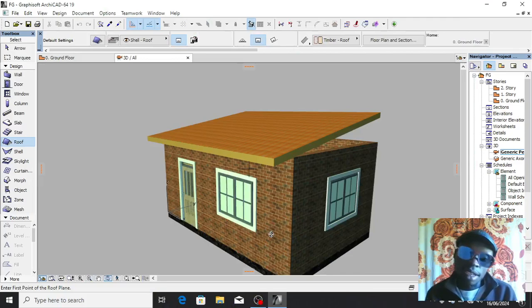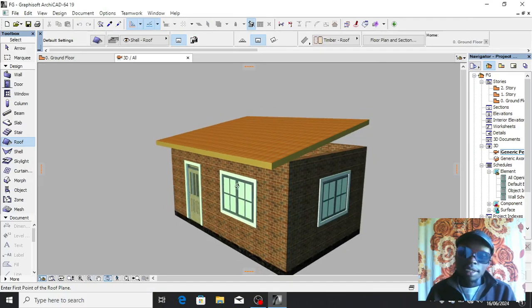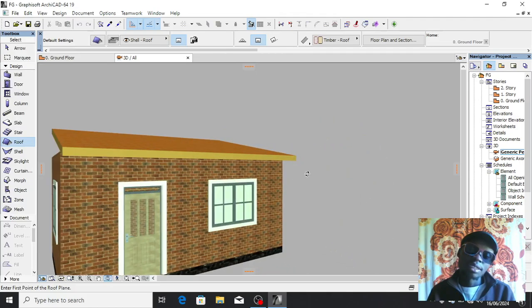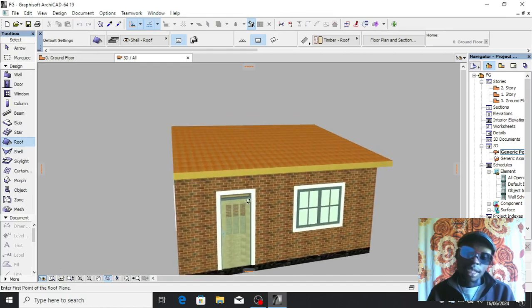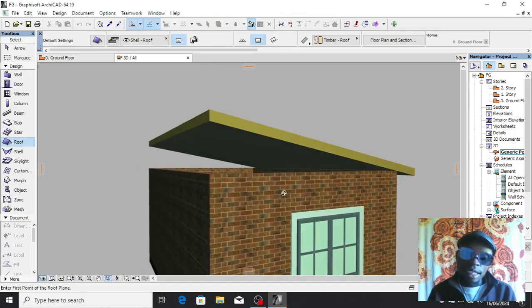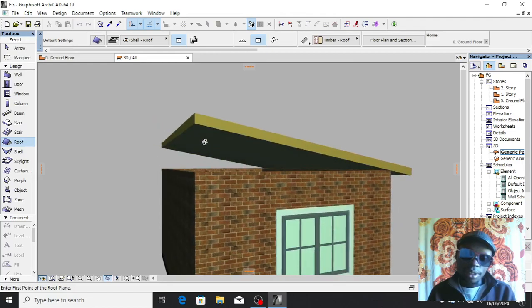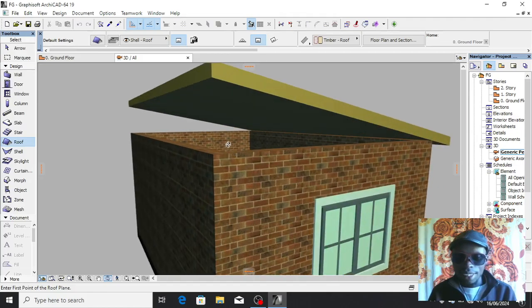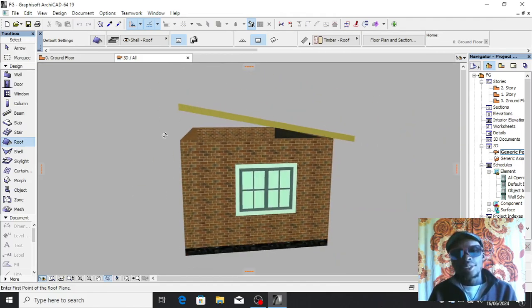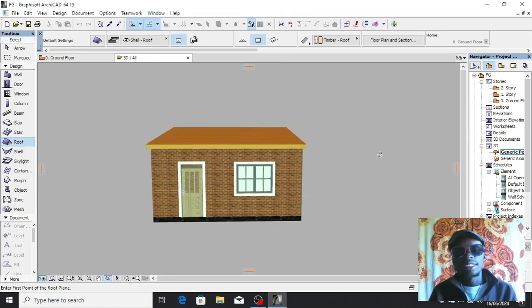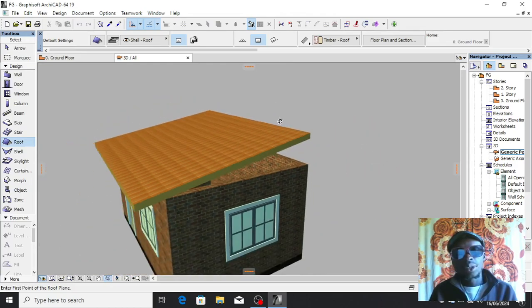If you watched my last video, we managed to create this flat roof on top of this simple structure, and today I'm going to show you how you can fill this space above the wall so that you complete your design. So first of all, I want to show you how you can still go further and edit your roof